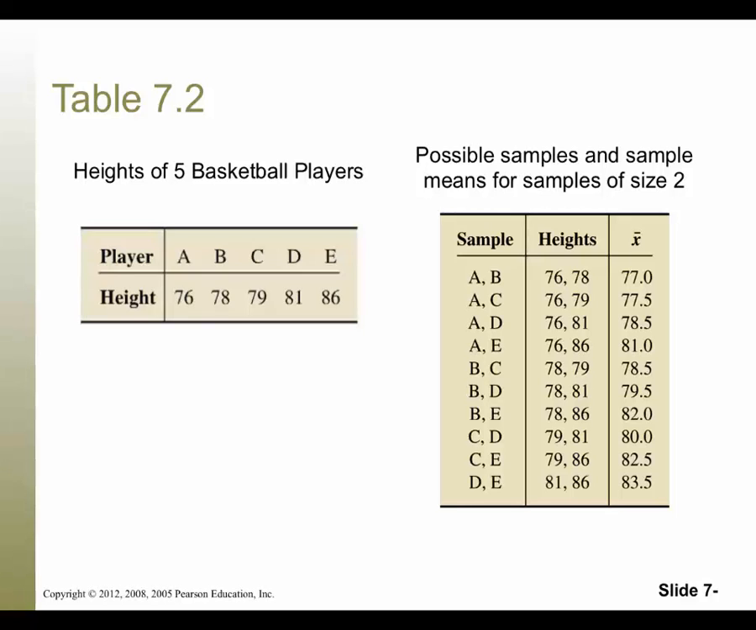our population in this review was 5 heights of basketball players in inches. So we could form samples of size 2, right? We got 10 samples of size 2. Each one of those samples has its own mean. So the sample mean can be thought of as a variable, and we can do our distribution of sample means. We can get a mean of the sample means and a standard deviation of the sample means. And then we could pick